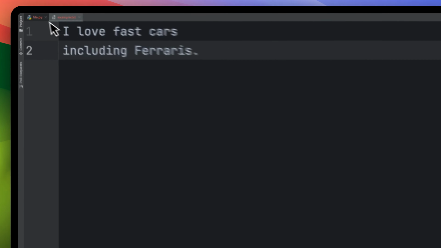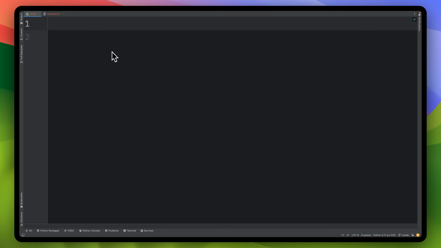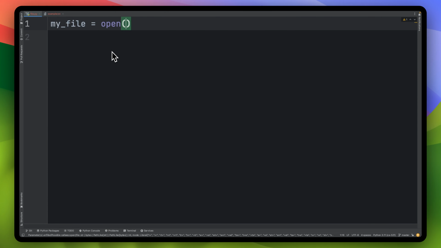And what we're going to do is we're going to have this .py file. And we're going to talk about how can we open that example.txt content and use that. And let's just print it to the screen. So we can say something like my file, for example, and we can say open in Python. And let's open that example.txt